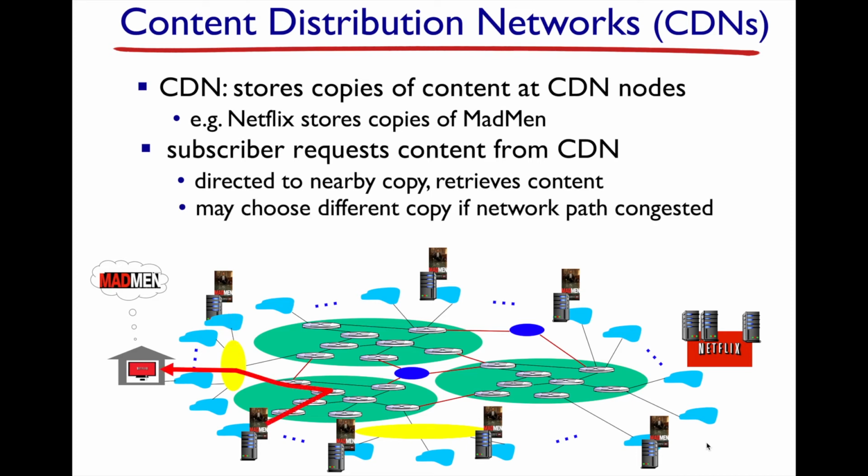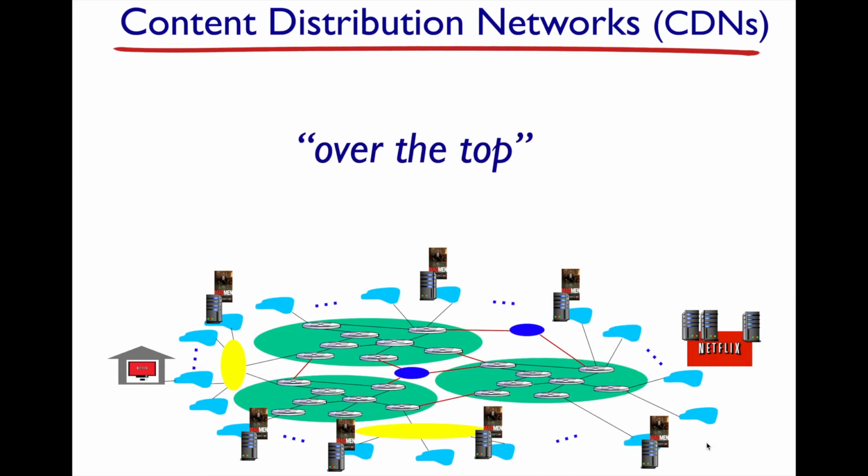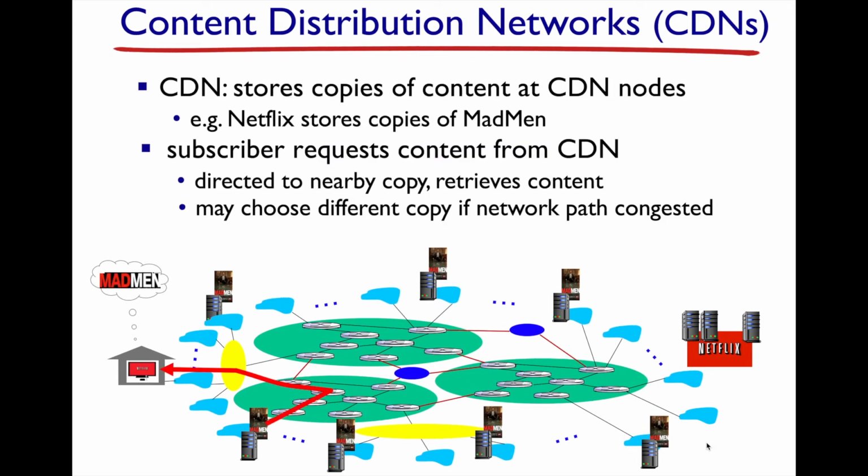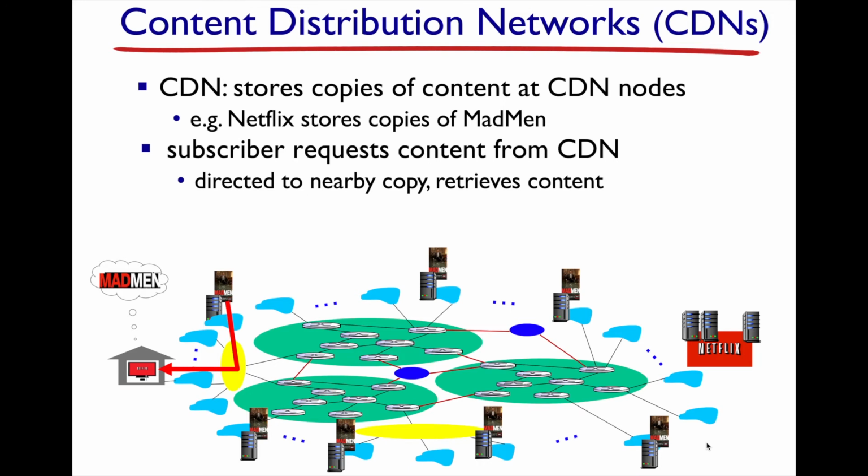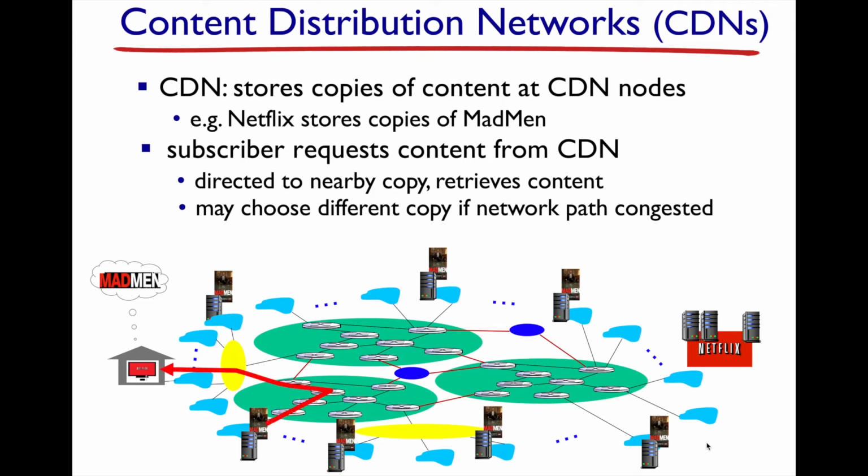So you can choose a different copy if you find the network path to the CDN instance that you've selected is no longer fruitful. Maybe it can't keep up with the bandwidth that you need to have a good viewing experience. So you can switch, and the example I gave was the Philadelphia version versus the Baltimore version. Okay, so that would be the Philadelphia version. All of a sudden you get a lot of congestion, and then you switch to the Baltimore version of the CDN for streaming your video.